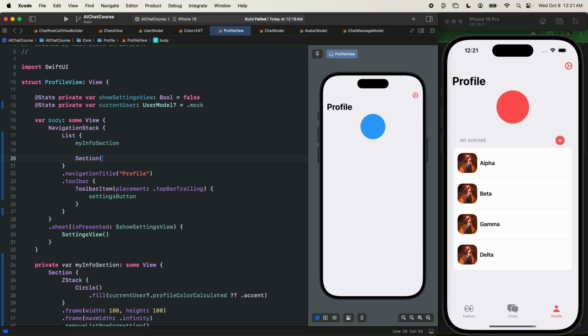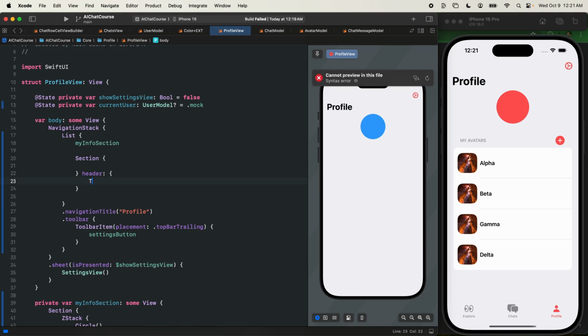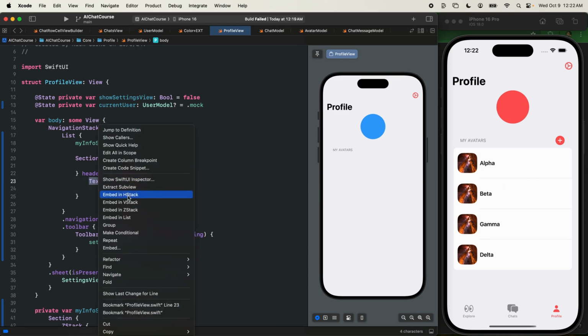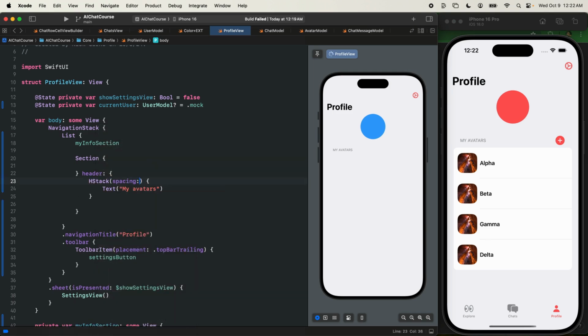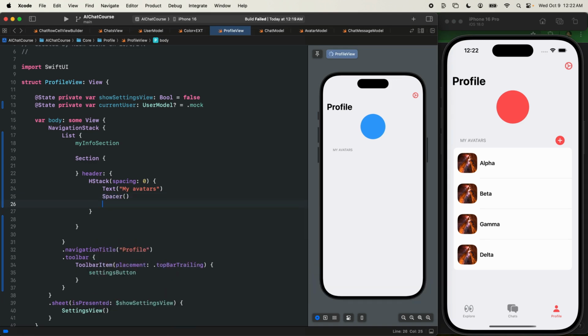This section, we do want to have the header. So let's look for the header completion. In the header, let's put text that says my avatars. So these will be the avatars the user creates themselves. Let's hold the control button and click on this, and then let's wrap it, embed it into an H stack. Let's give it spacing of 0. Maybe we put a spacer in the middle here, and then on the right side we're going to add a